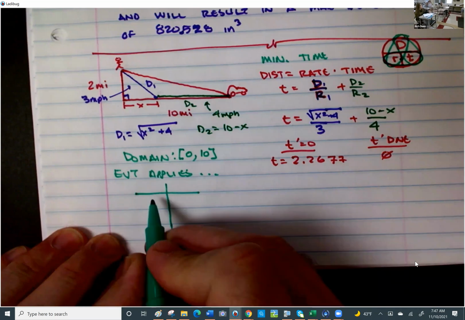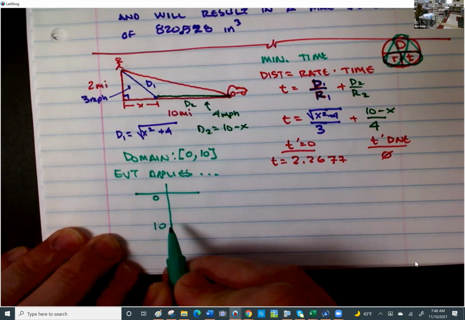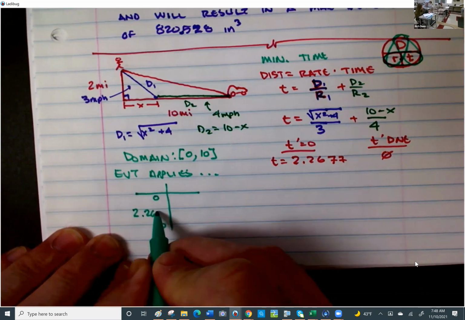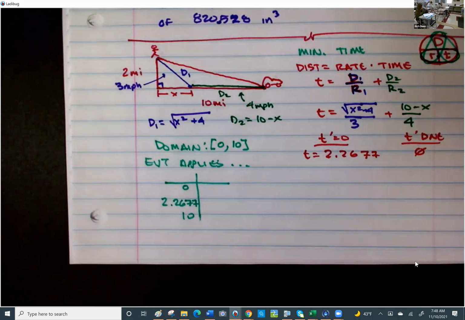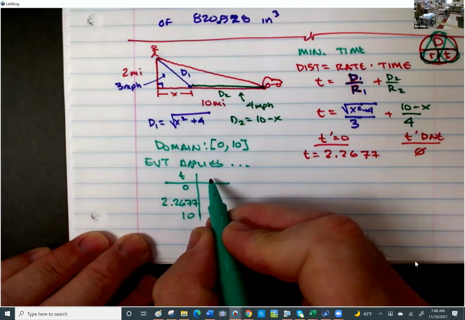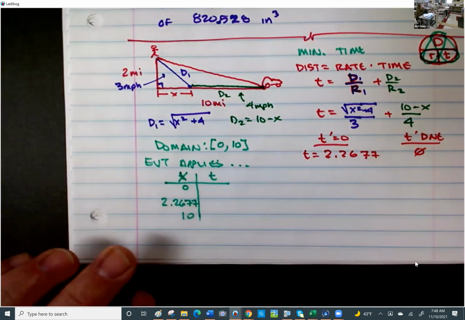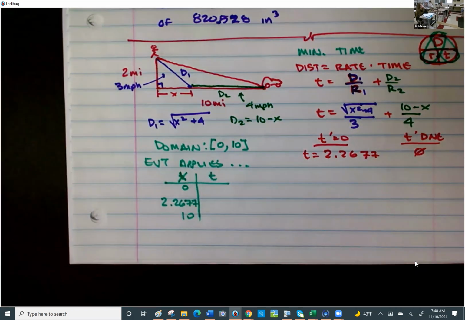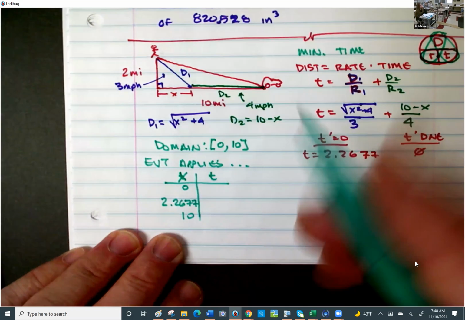We have, in this case, 0, a 10, and a 2.2677. Okay. Those endpoints could be possibilities. So this is our time. This is our, I'm sorry, this is our x. This one is the time. Okay. So what I would need to do is put those in my calculator. I could do some calculations up there, but anyway,